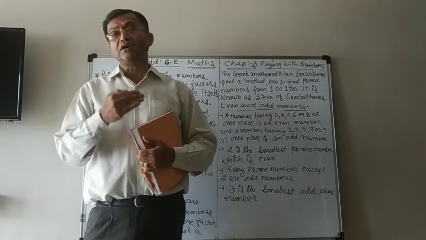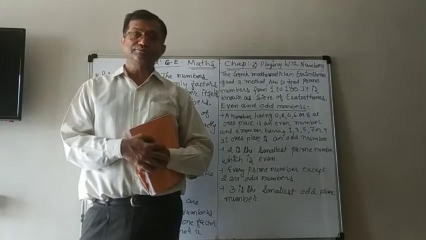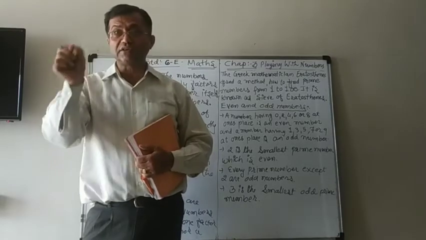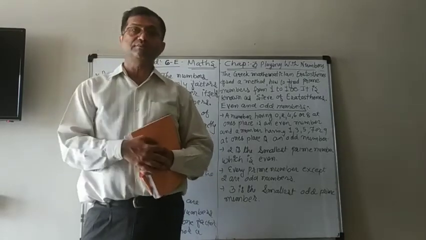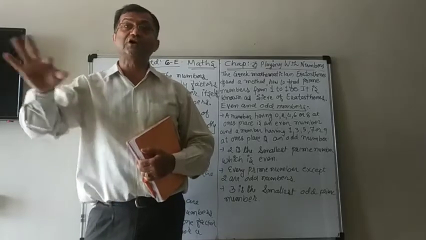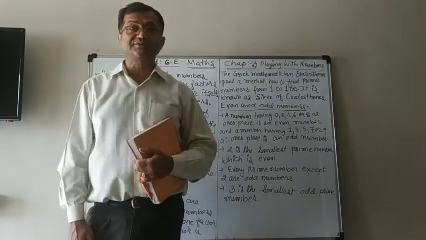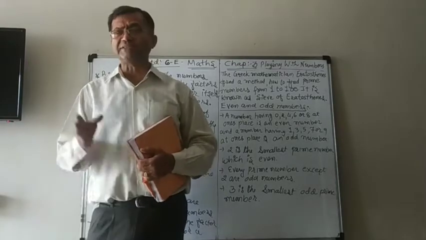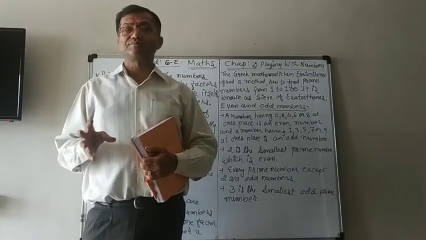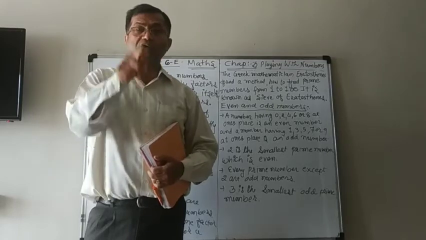Right? And then he saw that 4 is already circled. Then he took 5. Then he circled number 5 because it is a prime number. Then he circled all the multiples of 5 also, because they cannot be prime numbers. And like that he went on until every number is either crossed or circled.